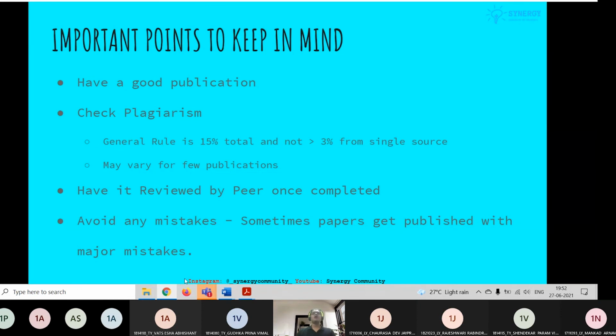They can suggest how I can format better or what things I can add to make it interesting for readers, etc. Next, avoid any mistakes, because your paper will get published with that mistake too, and you cannot do anything about that. Any major blunder can happen in your paper. So try to avoid mistakes while writing. Read it twice, thrice, 5 times before publishing, but keep on reading it.